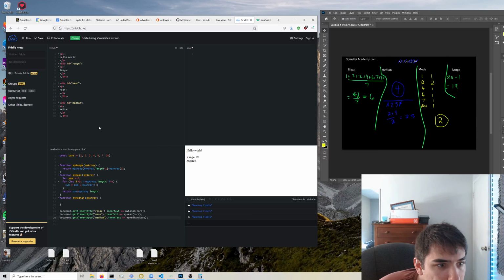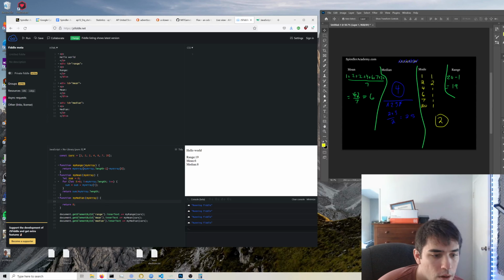Oh, I guess instead of printing out hello world, I can do that at the end. Median, my median, return 8. Let's just see if that works. Okay, that's obviously not the correct answer, but okay. So my right dot